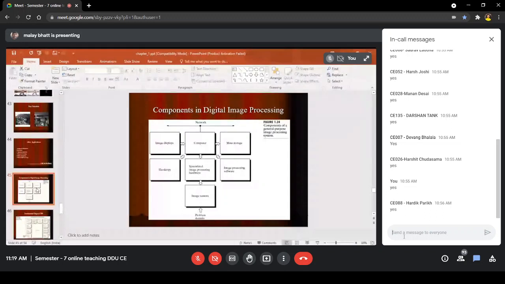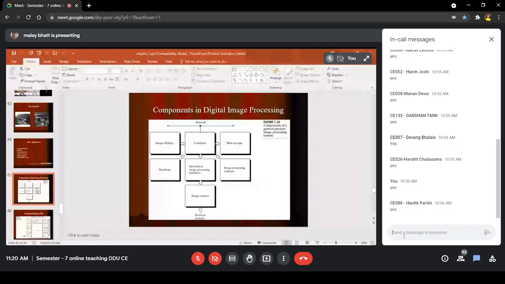You need a mass storage device like a hard disk or CD drive or a pen drive to store that image. You need specialized image processing software to process that image. And also there must be specialized hardware so that you can capture that image very well. So these are the main components in digital image processing.